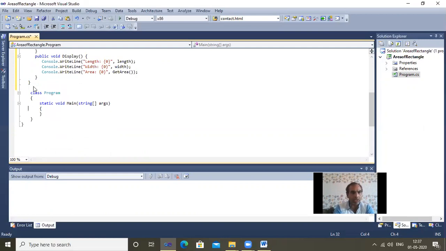In the class Program, that is your class with the Main method, we are calling the object. How to create the object? Object oriented: Rectangle r = new Rectangle(). That means we are creating the object. r.AcceptDetails is calling the method of that object. r.Display means we are calling the display method, and then after that Console.ReadLine, to read and execute the code.